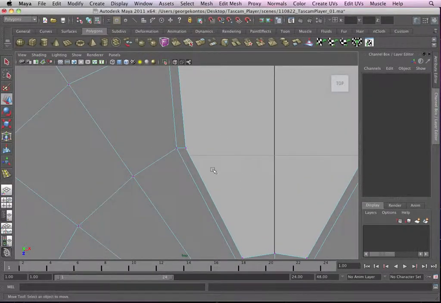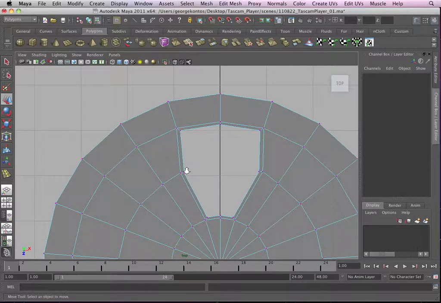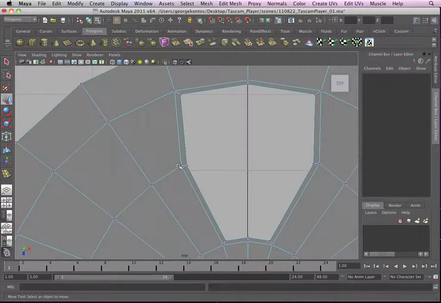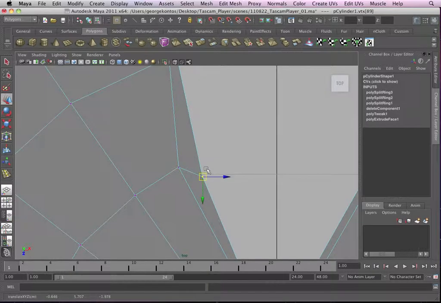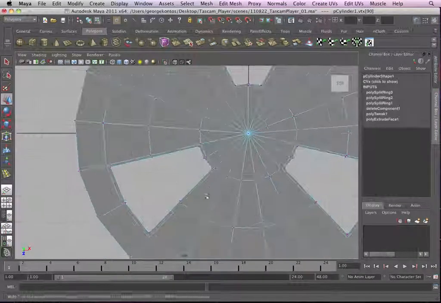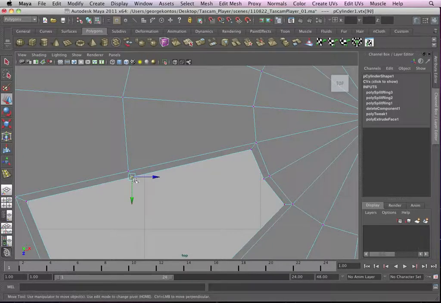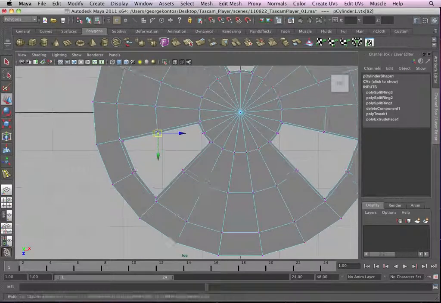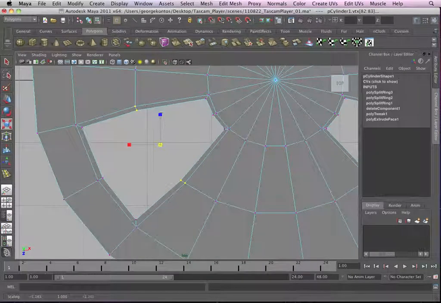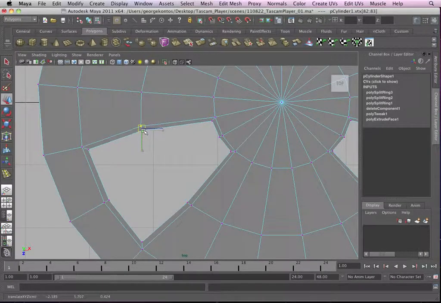So here you notice I'm going to go into a lot of detail, so I'm going to explain every step. Here I did that, but look at this flow. This flow goes like this, and then this goes like that. It stops there, and then it goes really straight. So get in the habit of correcting every single thing. Just keep the flow going the right way. These little things make a huge difference. So let's move these up now. I can even do it manually since I'm trying to